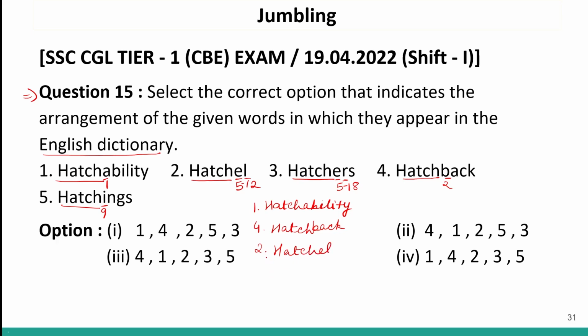After this, we'll get hatchers. And after this, the last word will be hatchings. So the correct sequence will be 1, 4, 2, 3, 5, and 1, 4, 2, 3, 5 is given in option number 4. So option number 4 will be your correct answer to this question.